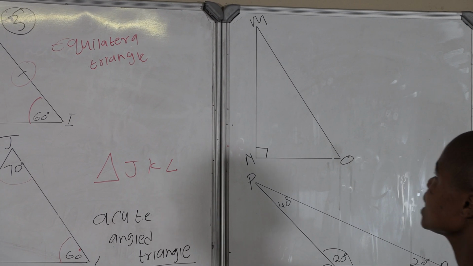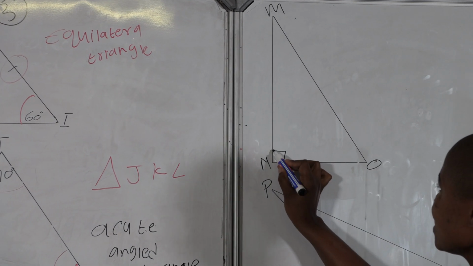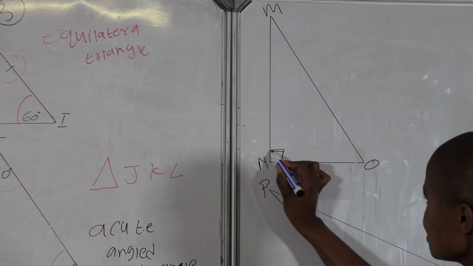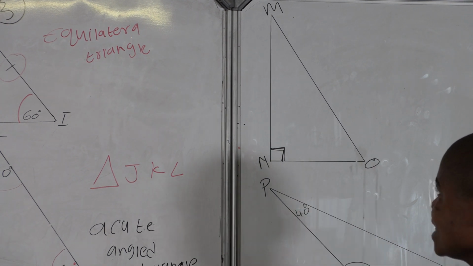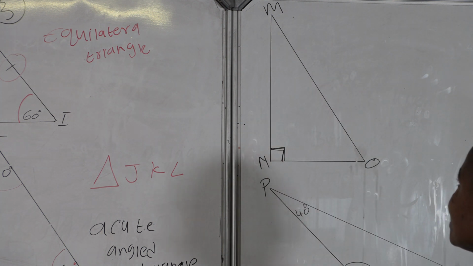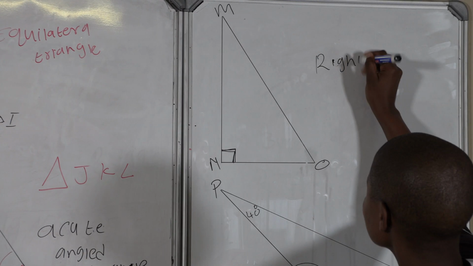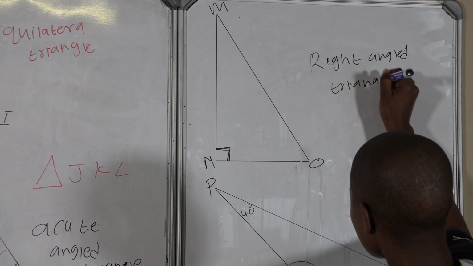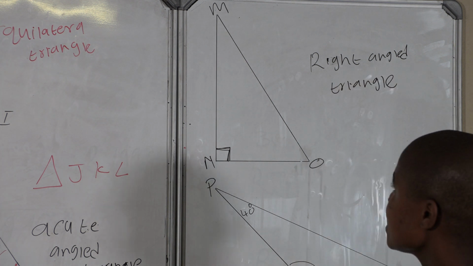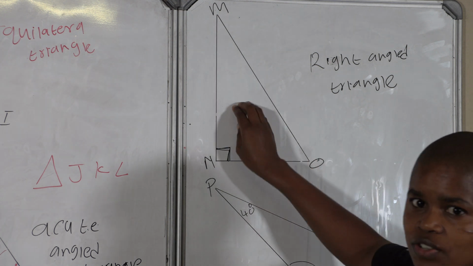Looking at this one, I think this is the famous triangle in mathematics. The first thing that I noticed there, I see a small square there that normally tells us that the angle here is 90 degrees. So we call this triangle a right angled triangle. All right, and then what we have to know, we normally use this right angle triangle in theory to